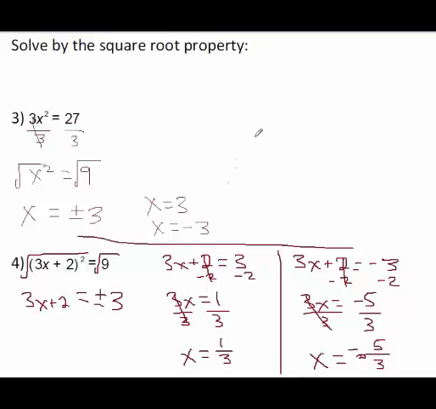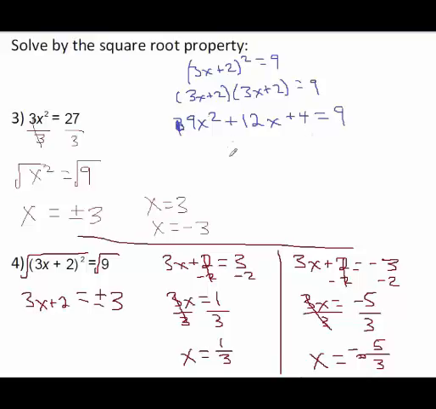In case you're curious, by the way, I'll use a different color, just to show you that it would work the other way too. Let's say we wanted to do it the long way. We had 3x plus 2 squared equals 9. So we could multiply it out. We could FOIL it. We could make this 3x plus 2 times 3x plus 2, which is the same thing as 3x plus 2 squared. So 3x times 3x is 9x squared. Outer is positive 6x, and inner is positive 6x again, so we'll make it plus 12x plus 4